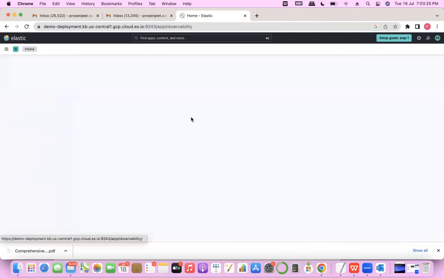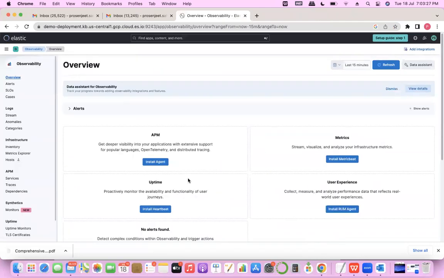So you can also go to the observability. In the observability, you can install the agents to the APM. You can install the